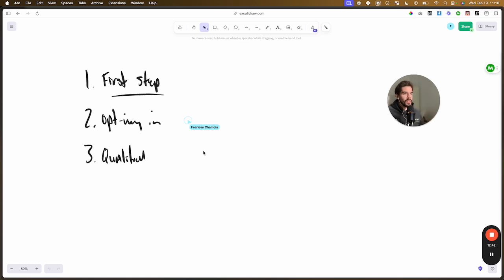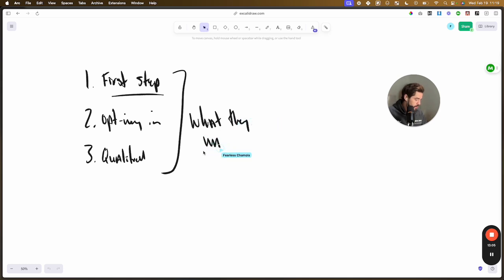Is it getting responded to? And then after that, are they taking the next step? From that step, are they qualified? Now, this is going to be congruence from the first bit: the ad or the message, the landing page, the free thing that you're giving away. Is it congruent with what they want? Because you always have to ask the question, what's in it for me? What's in it for them? You've got to answer that question all the time.